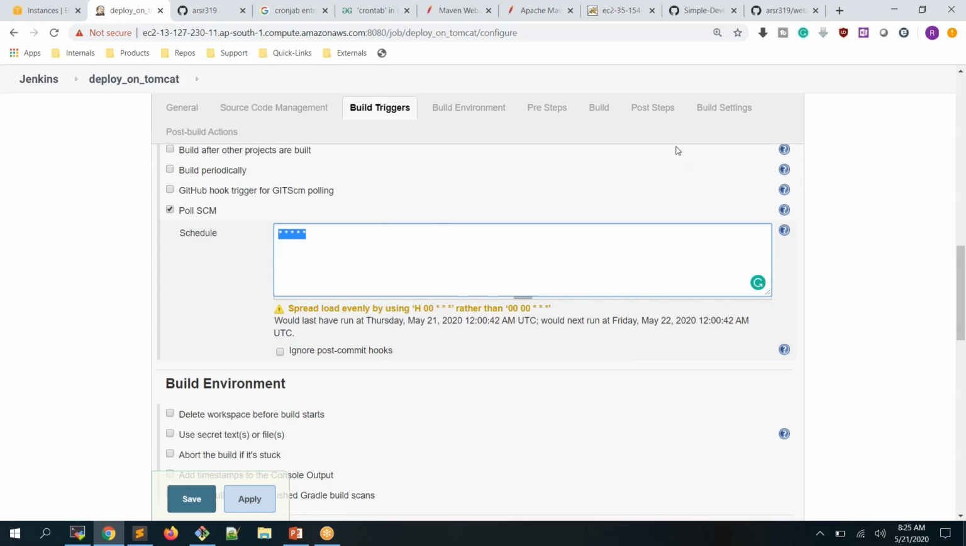The job will run every minute. Yes, that's true. Now I am saying that star means every minute, every hour, every day, every month, every week. So I'm saying that run this job every minute without any issues. Now if I give only